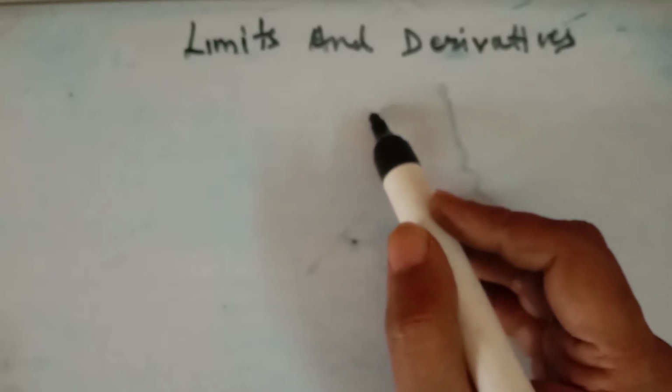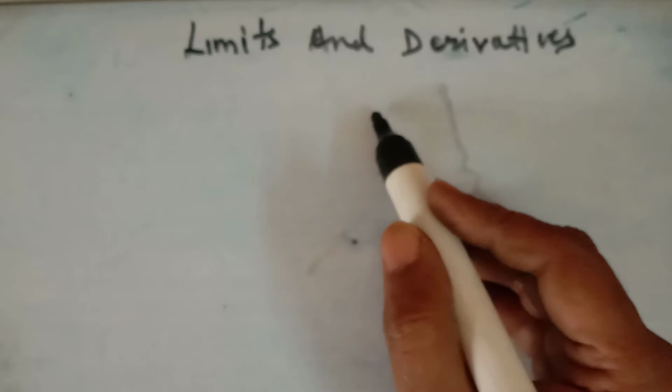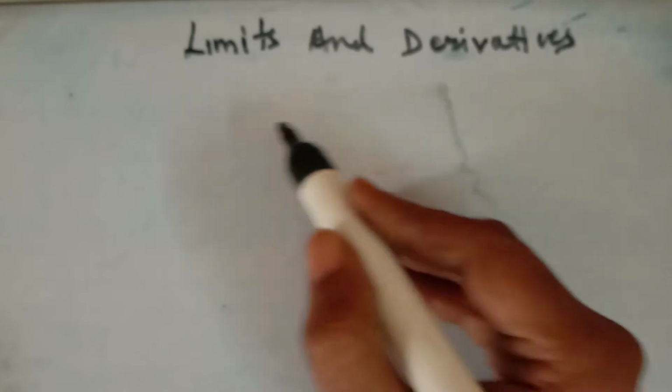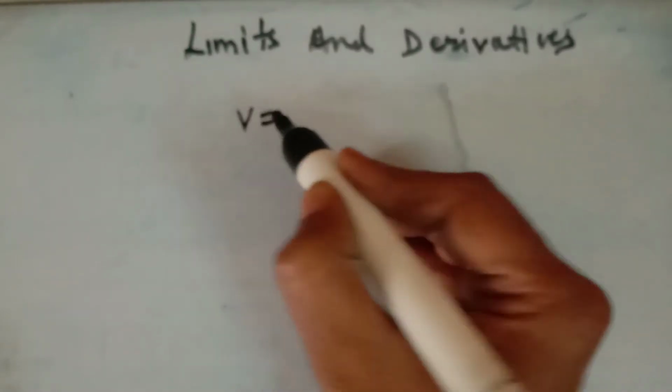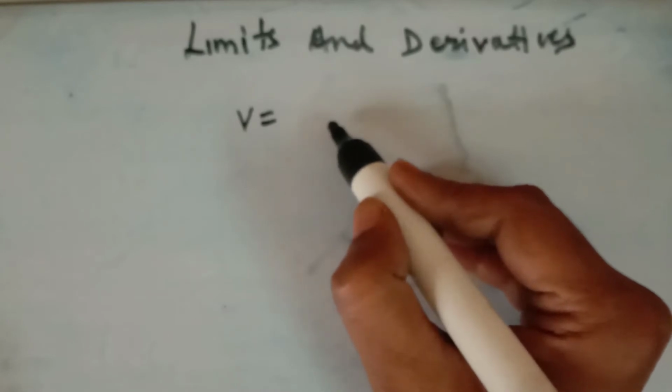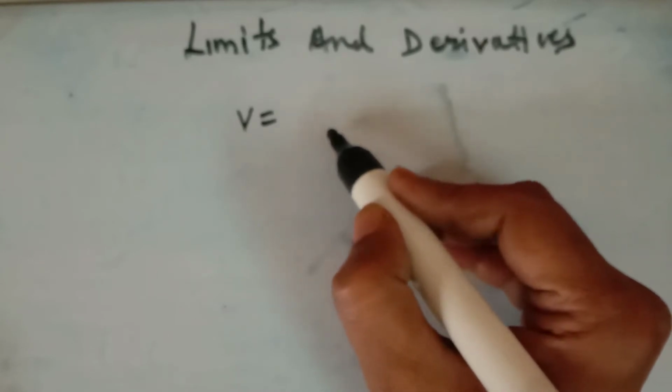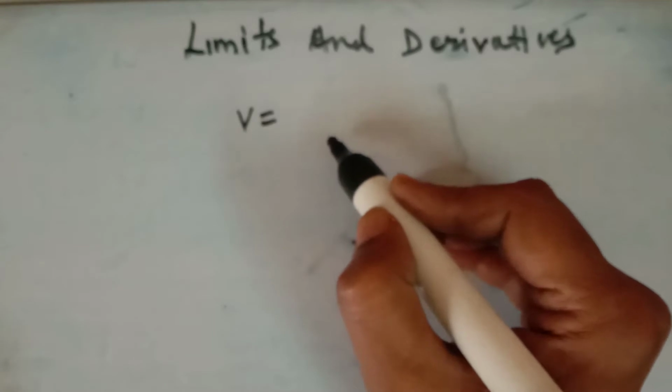Now what is calculus? Calculus is that branch of mathematics which mainly deals with the study of change in the value of the function as the point in the domain also changes. As you have done, what is velocity? You have done that velocity is the rate of change of displacement with respect to time. Or what is distance? Distance is the rate of change of distance with respect to time.